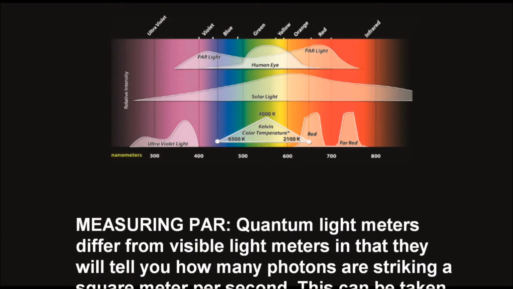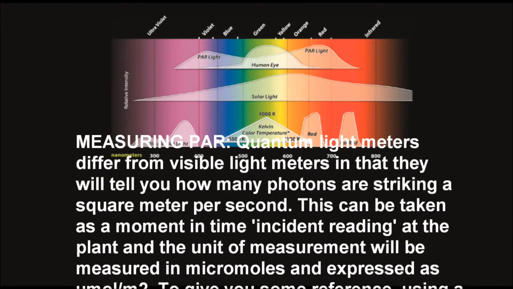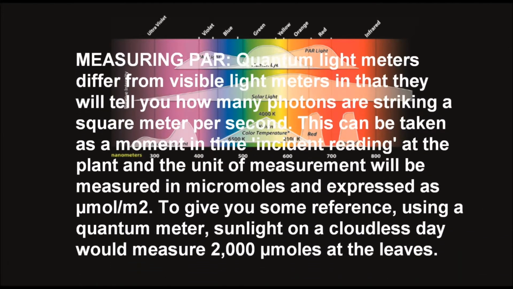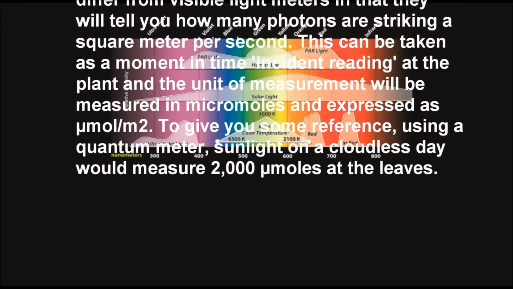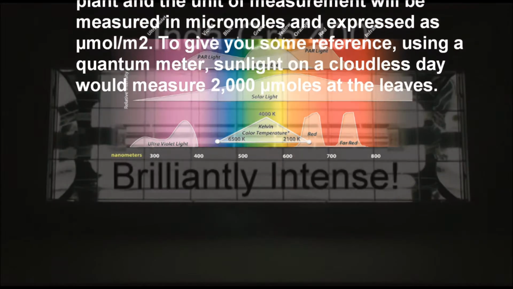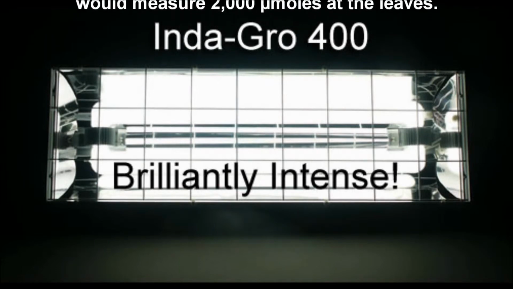Quantum light meters differ from visible light meters in that they will tell you how many photons are striking a square meter per second. This can be taken at a moment in time, an incident reading at the plant, and the units of measurement will be measured in micromoles and expressed as µmol divided by m squared. To give you some reference, using a quantum meter, sunlight on a cloudless day would measure 2,000 µmol at